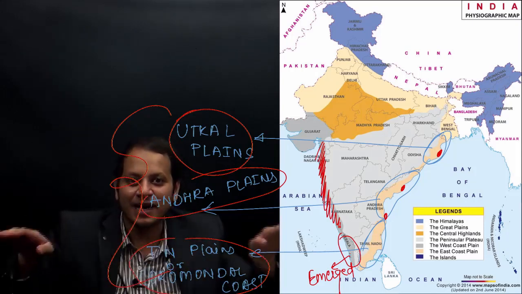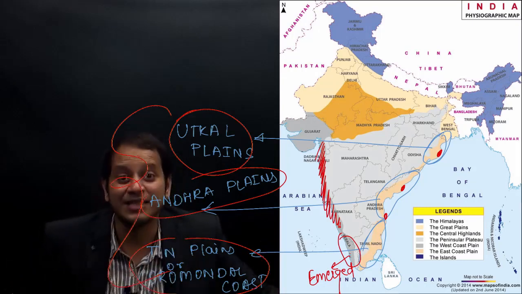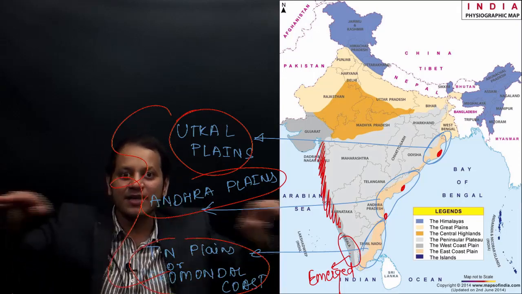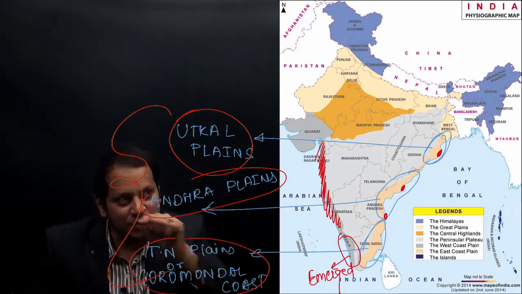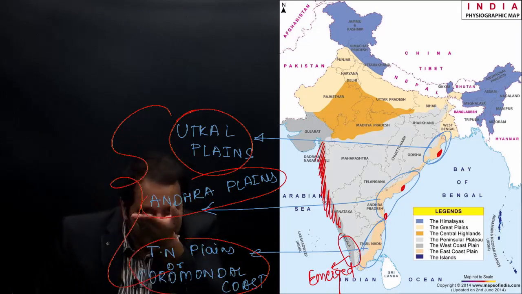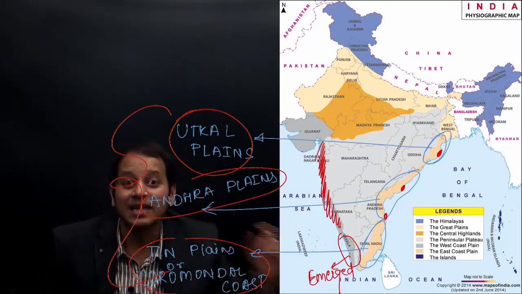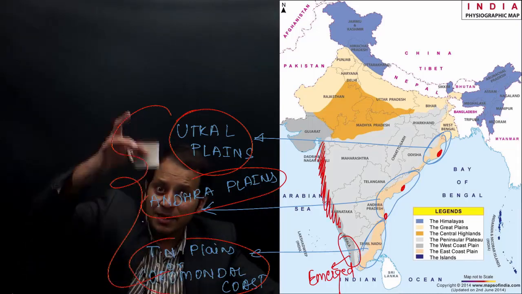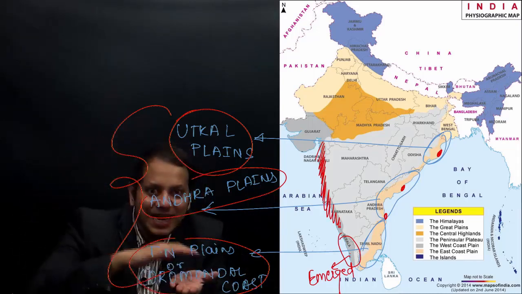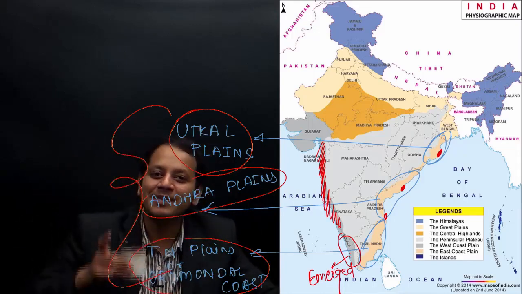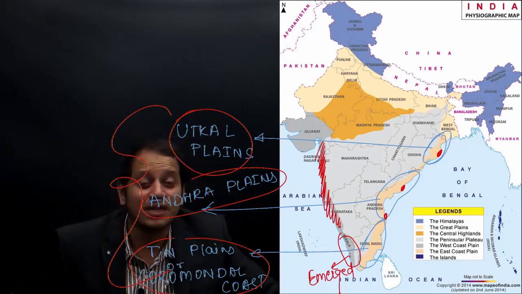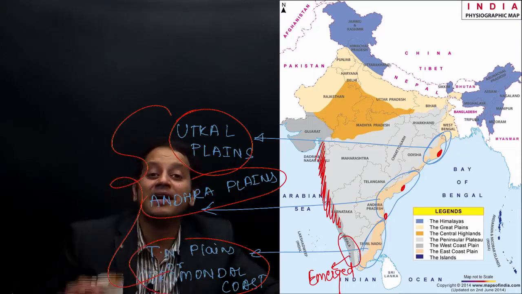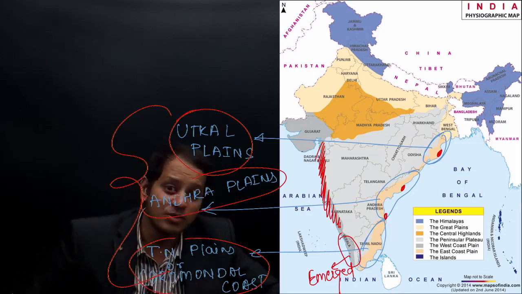Land is not flat. It is not physics. It is not mathematics. It is not science. Geography is social science. When we say land is flat, it does not mean land is flat. Land will have some depressions, some grooves, at least some slope or some hollow region. In this hollow region, similar to the cup, if you are taking the cup out of the bucket of water, similarly if the land is emerging out of a sea, there will be some lakes, marshy, there will be some brackish water lakes formed, some salt water lakes formed, and you call them as lagoons. In which lagoons? In the emerged coastline.